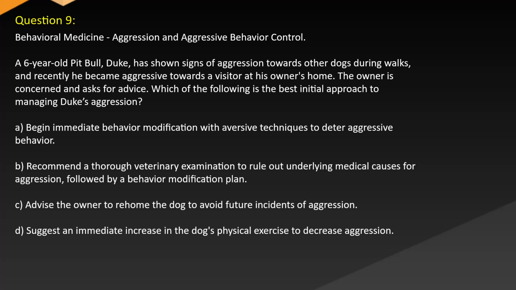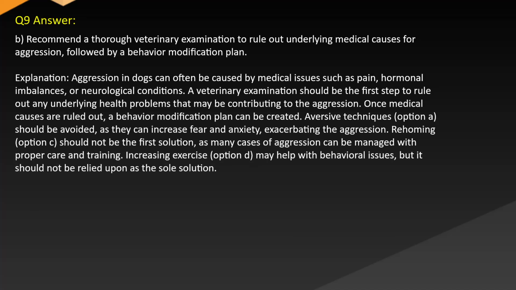B. Recommend thorough veterinary examination to rule out underlying medical causes for aggression, followed by a behavior modification plan. C. Advise the owner to rehome the dog to avoid future incidents of aggression. D. Suggest an immediate increase in the dog's physical exercise to decrease aggression. Answer: B. Recommend a thorough veterinary examination to rule out underlying medical causes for aggression, followed by a behavior modification